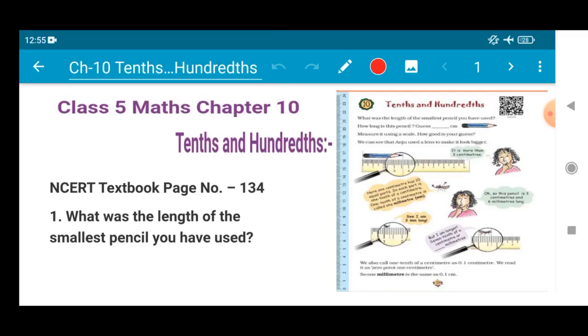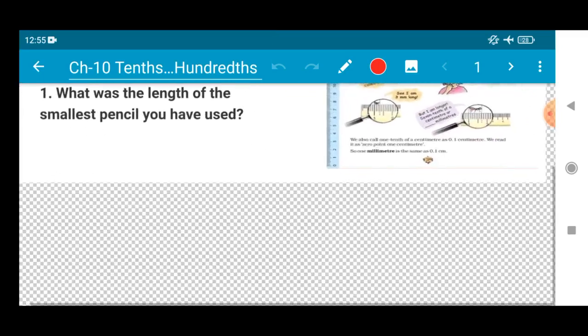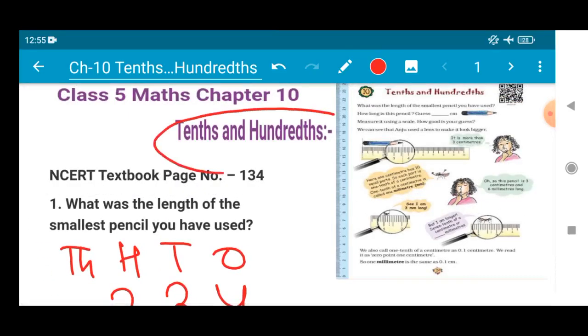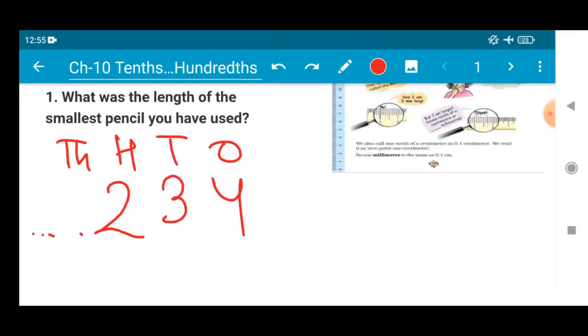So in our last class we discussed the place value chart of a whole number. For any number like 234, the place values are written as ones, tens, hundreds, and if it has more digits, it will go on to 1000, 10,000. This was the Indian system, and we also discussed the international system. But the new term we are discussing here is tenth and hundredth, which is the place value of the number after the decimal point in a number.